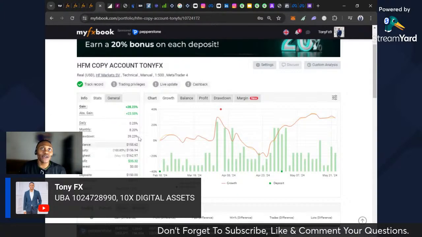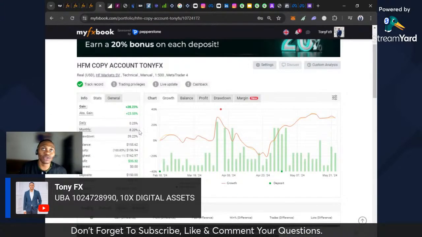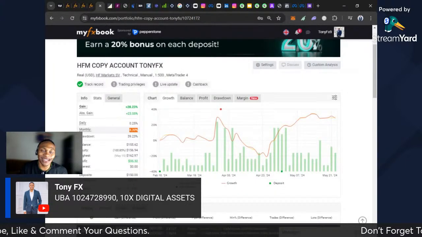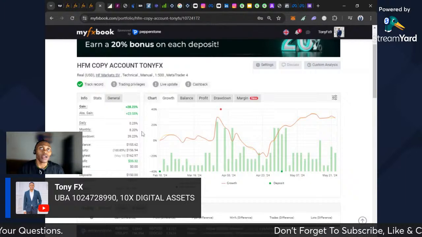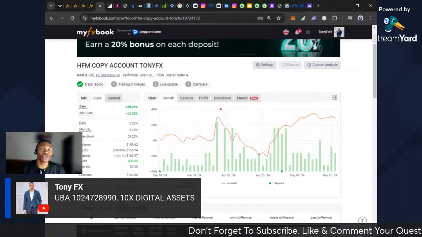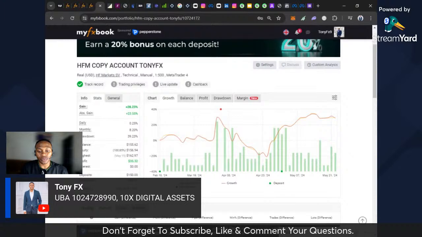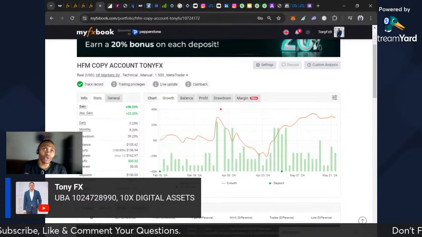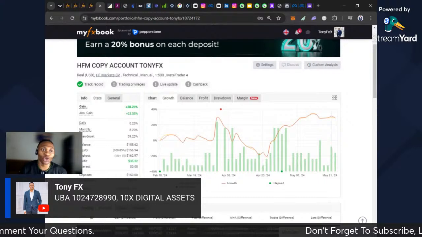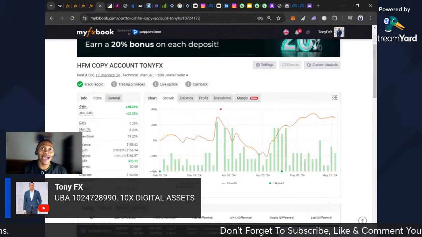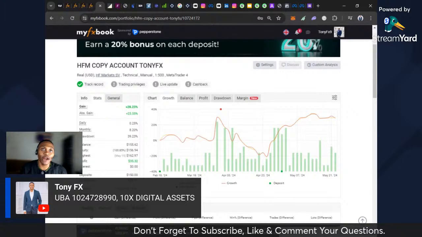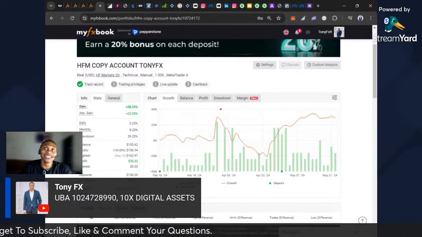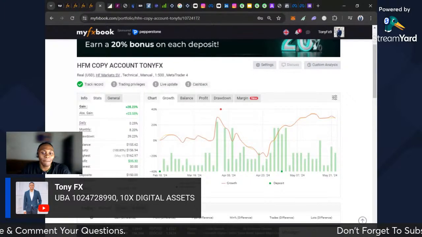Okay. If you can see, a lot of you might be saying, how many percent do we make monthly? Over here now, based on our data, we have been able to make 8.20% every month. Okay. Before this was about 10%. So this data is currently being updated regularly by HFM. Okay, if you also go into HFM and search for my name, Tony FX, you're going to see my account there, and you can be able to track my records and the pairs I've traded, okay, so far. So this is an opportunity for you guys that want to earn from the trades I place.